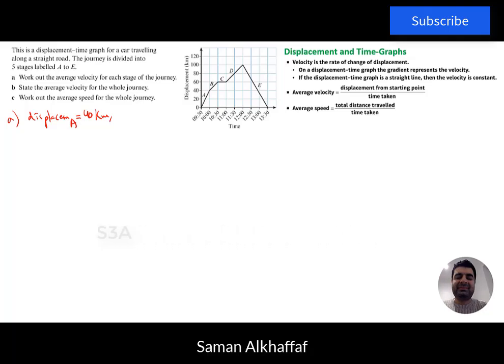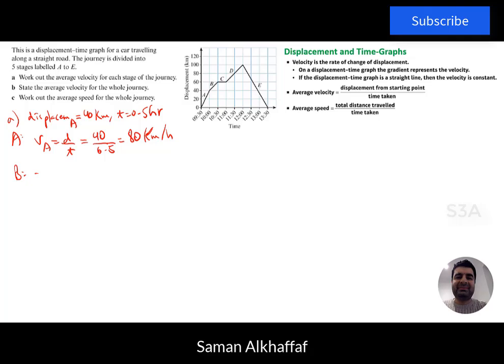and the time will be 0.5 hour. So in this scenario, velocity A will be d over t, so that will be 40 over a half, which gives us 80 kilometers per hour. So that's for the journey of A. For B,